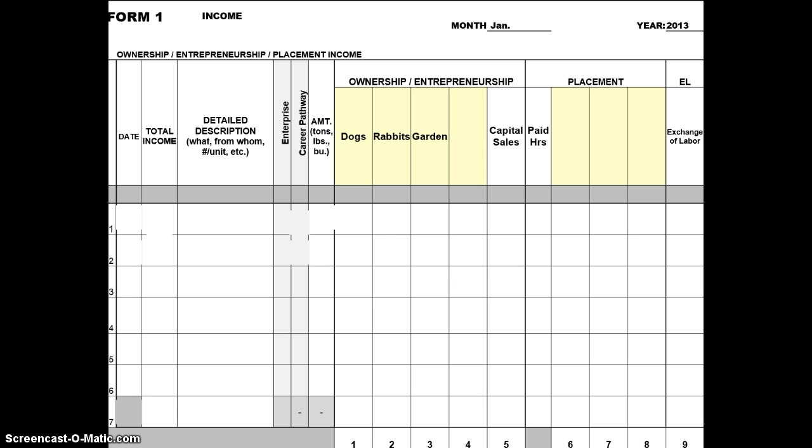The next thing we need to understand is there are some titles and subheadings on our Form 1. If you notice here where I have the mouse, there is the ownership/entrepreneurship subheading. This has to do with an SAE, a supervised agriculture experience, that has to do with something you own. So does your family own a dog? Do you own a rabbit? Do you own your garden? If your SAE deals with ownership, you are going to put a column